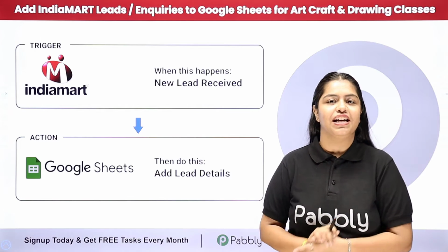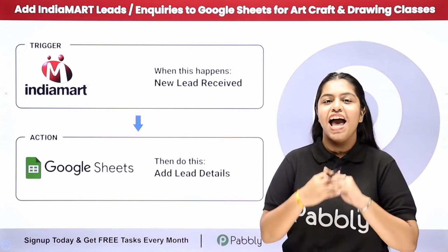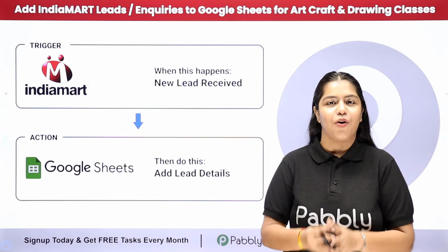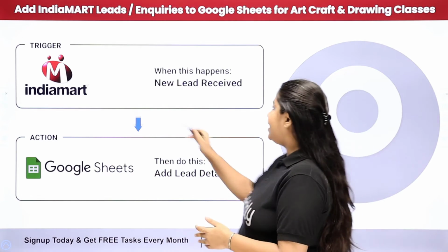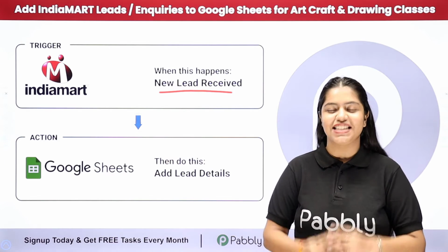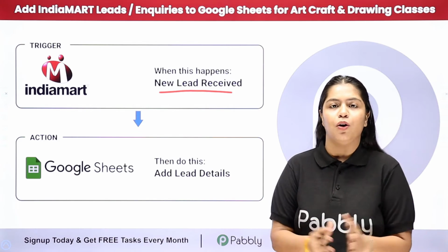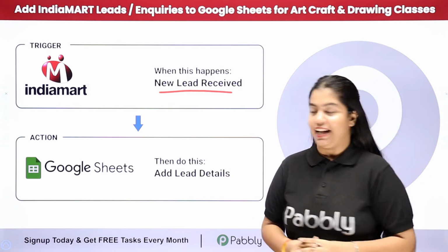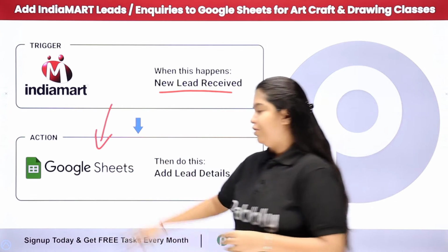So over here I'm running art, craft and drawing classes, and we also use IndiaMART to get more leads for our business. So now what I want is that as soon as we receive a new lead from IndiaMART, I want to add the lead details into my Google Sheets so that my sales team can follow up quickly and efficiently. So to do this, we are simply going to create a connection between IndiaMART and Google Sheets,